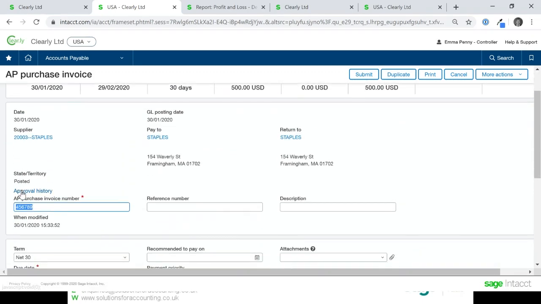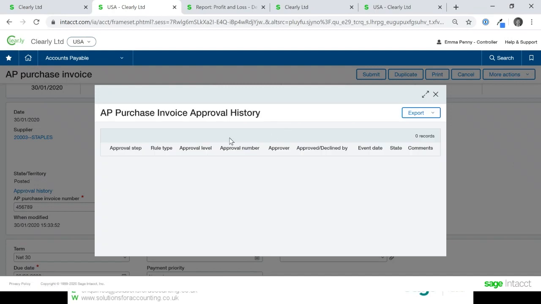You can also have a look at approval history at any point. Because we've not got approvals turned on in AP, we're not seeing that.